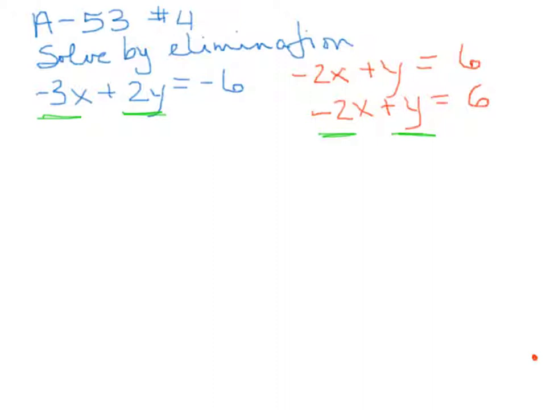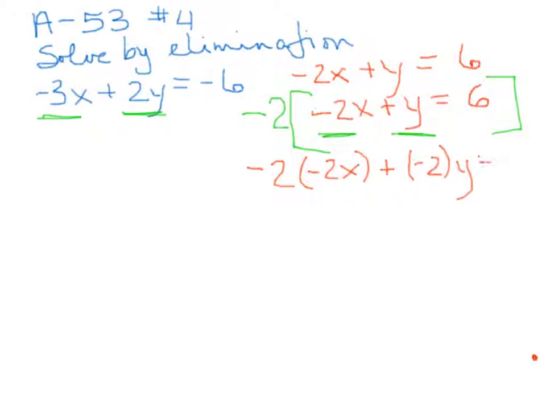So I'm looking at this one, and if I could eliminate the x, I'm not going to, because that one's more work. I can see that if I take this equation here and simply multiply everybody by negative 2, then I'm going to get a situation where my y's will cancel when I add my equations together. So if I go ahead and multiply that by negative 2, I have negative 2 times negative 2x plus negative 2 times y is equal to,